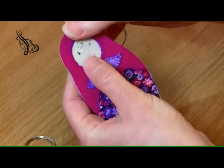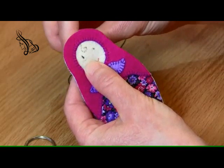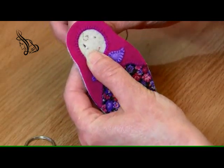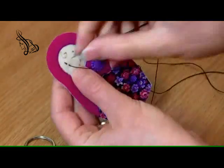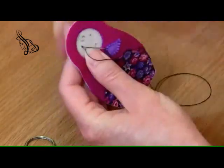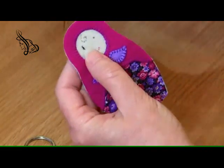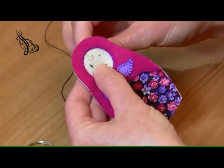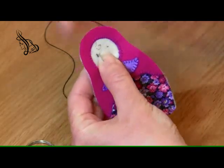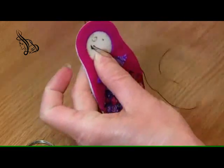And each time I'm just going to come back into the centre hole. So I'm going to take the next stitch straight down to complete that stroke. So straight down about 2 mil. And then we're going to go back into the centre, back into that centre hole where we began. And then we can work our way out. So I'm now going to do the cross. Cross 2 mil, back into the centre,